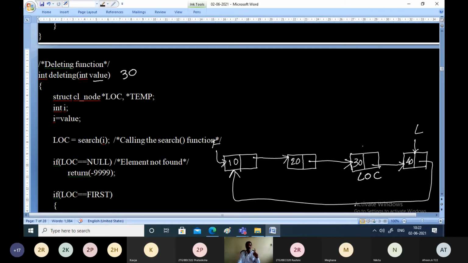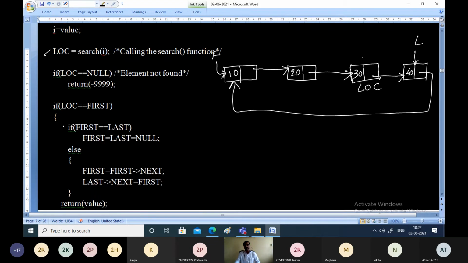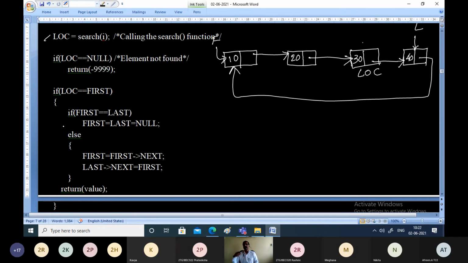After the search function, very similar to the linear linked list, we will search for the location of the element to be deleted and we have found the location successfully. It is possible that the element may not be present because you have given a number which is not present in the linked list, or the linked list itself is empty. In both cases, we may find null, but that is not in our case. The if condition is false in our case.